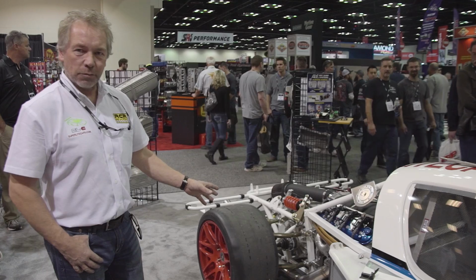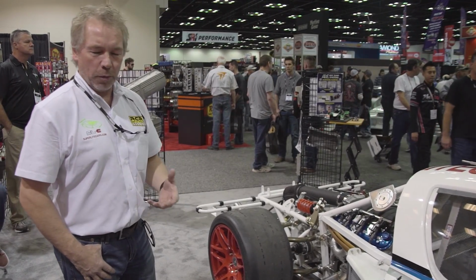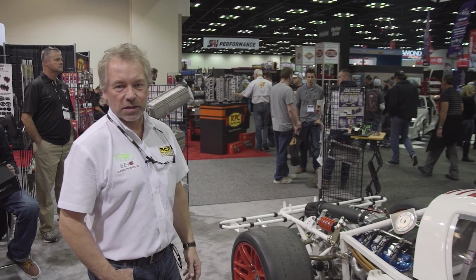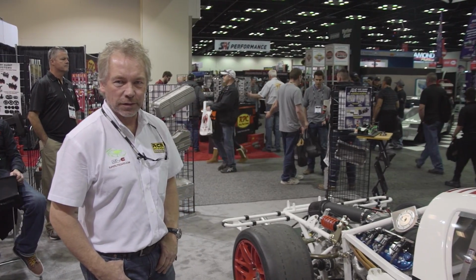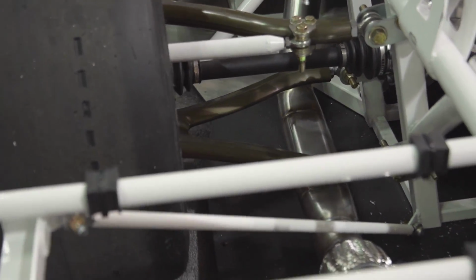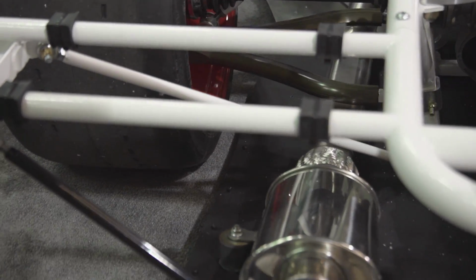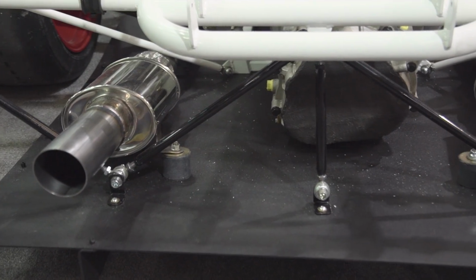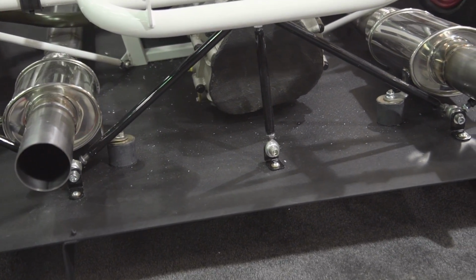We have an ARE dry sump system on this car, giving more power and more reliability. We also have a full stainless steel exhaust system with all the components from Vibrant Manufacturing. What we use is 304 stainless with the oval tube and also the flex connector and the ultra quiet muffler. We want to make sure that we get good reliability and make sure our racetracks aren't upset because we make